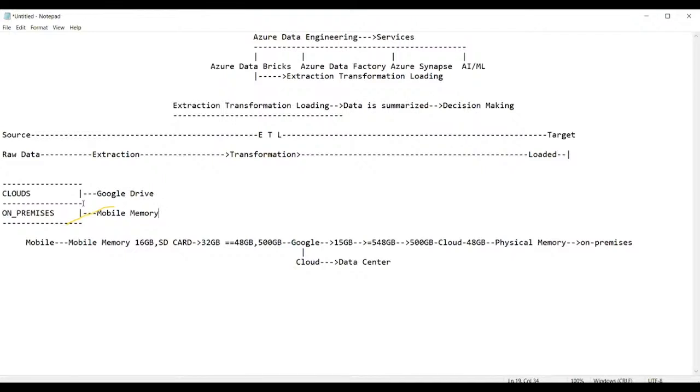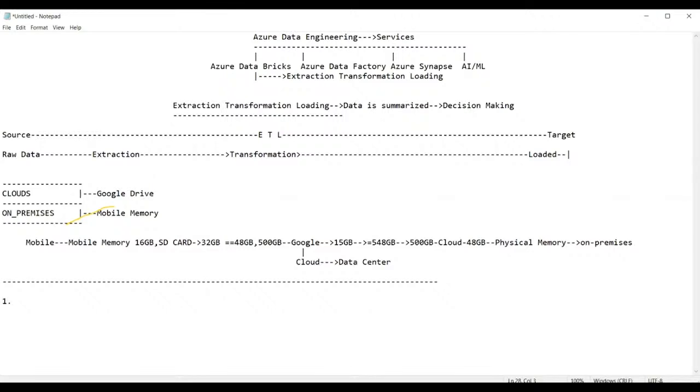So now, guys, as individuals, we still want to save the data, to move it from the physical memory to Google Drive memory. In the same way, many corporates are now planning to move from physical data to cloud data. For that, many cloud providers have come out to provide the support. The following are the cloud providers we have.